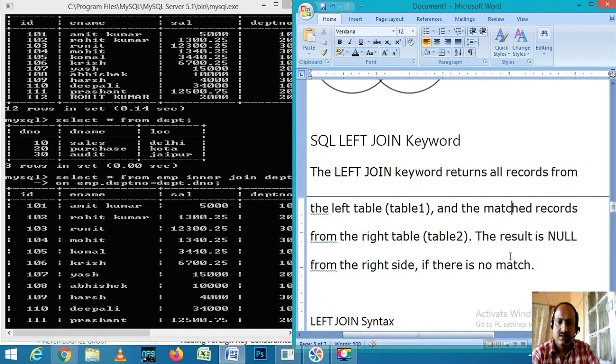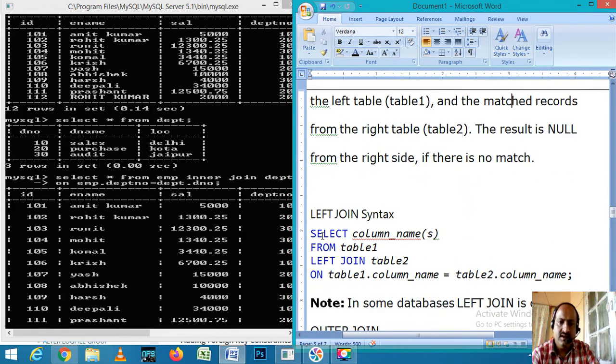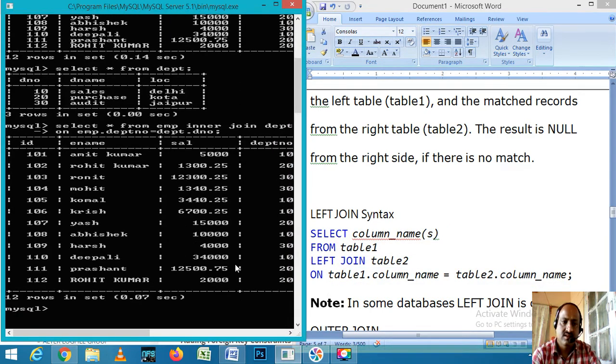Now you can join like this: the syntax is select column names from table 1, left join table 2 on the basis of the join condition. So now how can we write it?